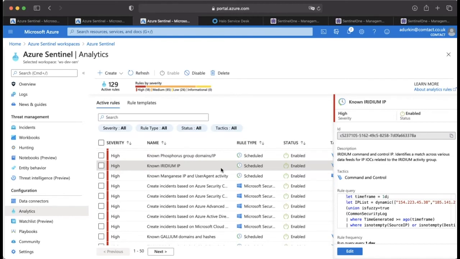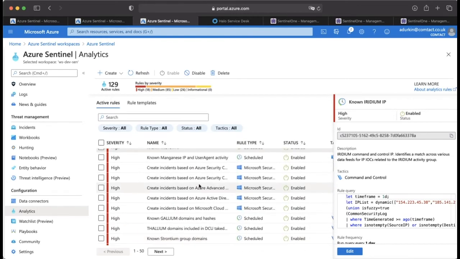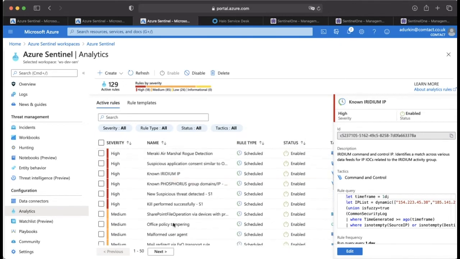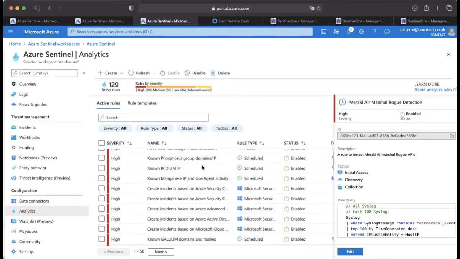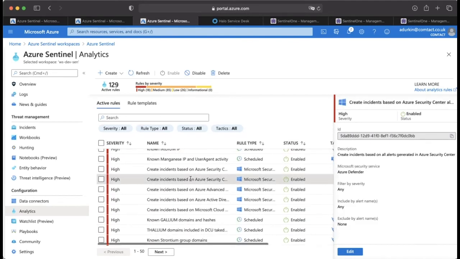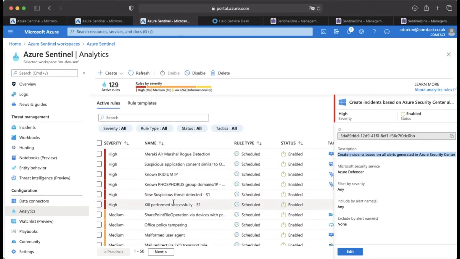If we look through our analytic rules here, we can see there are many pre-defined rules from Microsoft, and these all tie in with the data connectors from Microsoft data sources that are coming in. So we can have a look at some of them. For example, this one creates an incident based off all alerts generated in Azure Security Center. This one is for Microsoft ATP. If they see a malicious malware alert, they want to notify you. This is one of the rules that you can enable. And you can also do some kind of